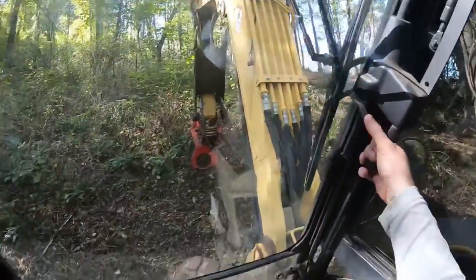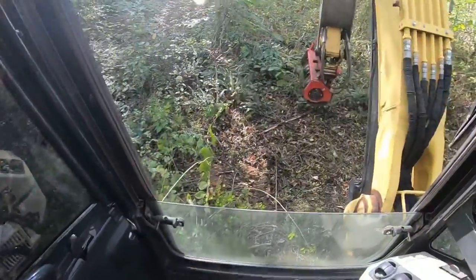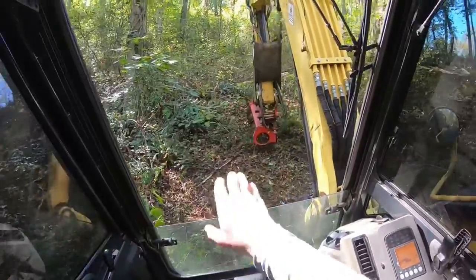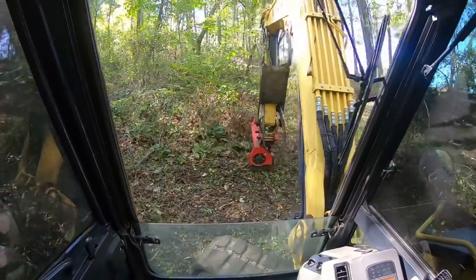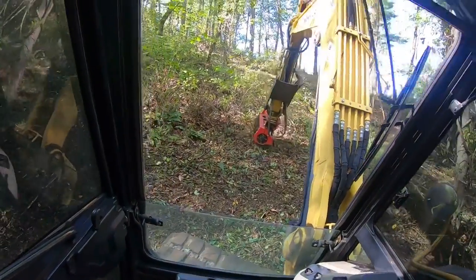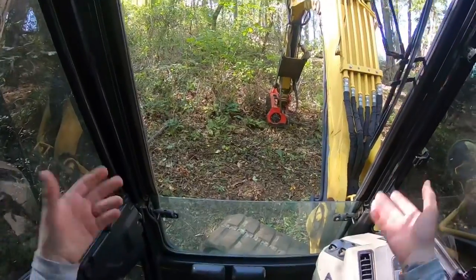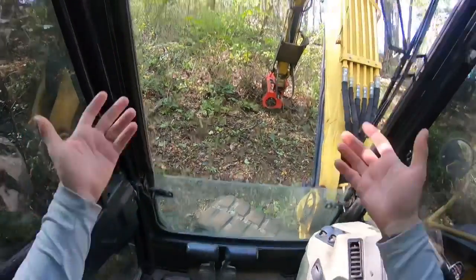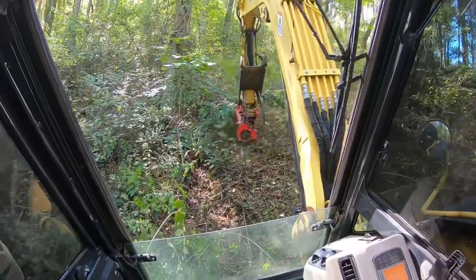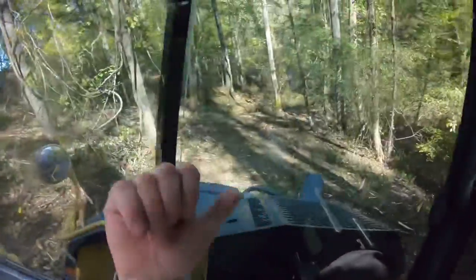Now the other thing I'll do is I keep one track in the rough a lot of the time if I'm working my way uphill, and I also don't mulch it all the way down to the ground. I leave enough stems and root matting that I don't just destroy this hillside, because if all of a sudden heavy rain comes, you can start getting mudslides and stuff. So you want to leave enough stuff to break the water flows. And that's another reason I'm not digging my